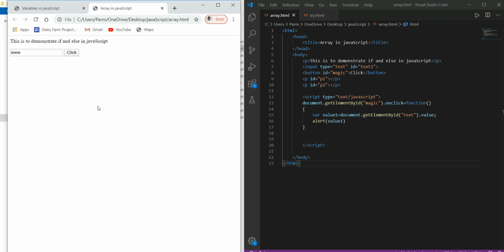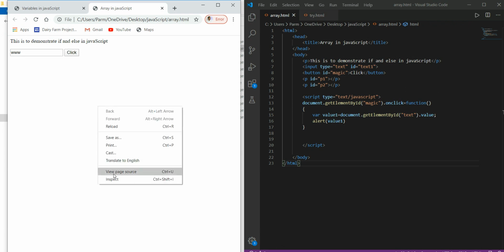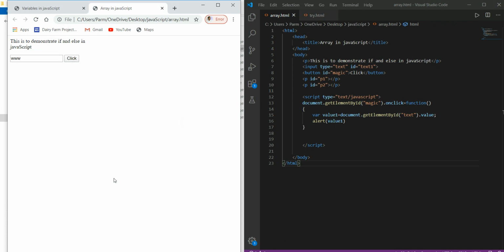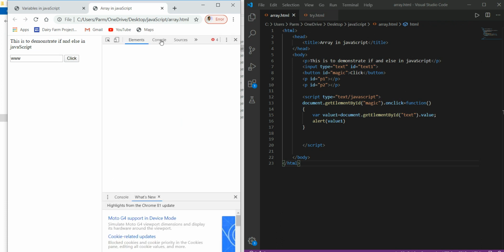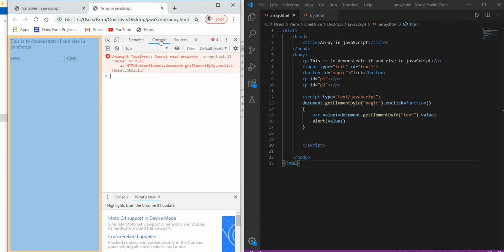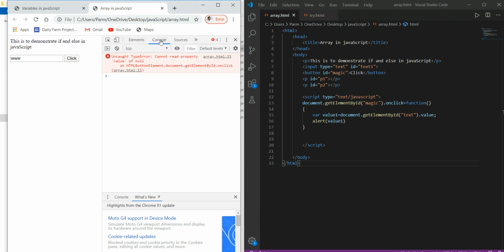Nothing is happening. There might be some error, so go to inspect, then go to console. Cannot read property value of null. So we are having an error over here.